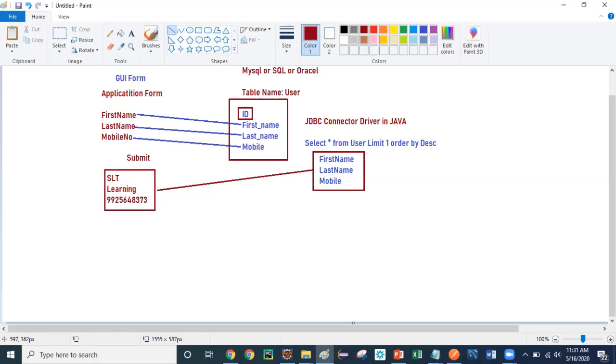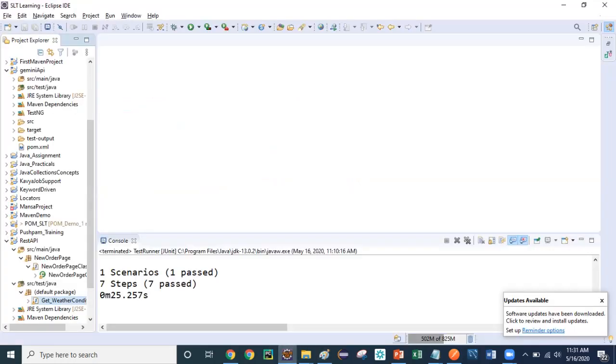So to show you in simple terms what I have done, I have created one simple program. It will fetch the first name from the MySQL database table, and it will go to google.com. In the search bar, it will paste that name only. So let me show you that.